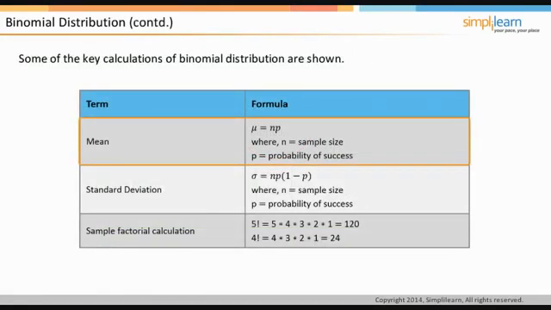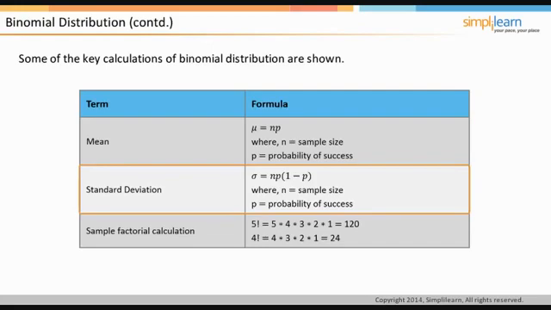The mean of a binomial distribution is denoted by mu and is given by n multiplied by p. The standard deviation of a binomial distribution is denoted by sigma, which is equal to the square root of n multiplied by p multiplied by